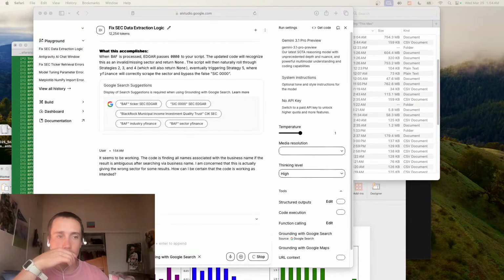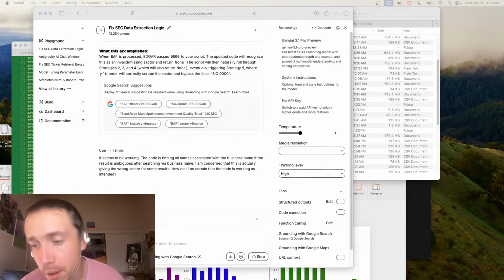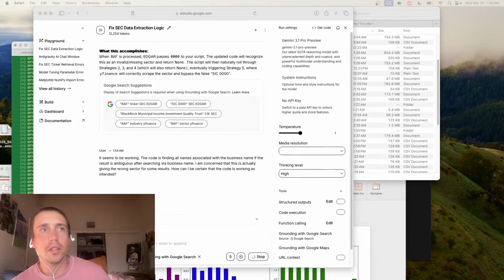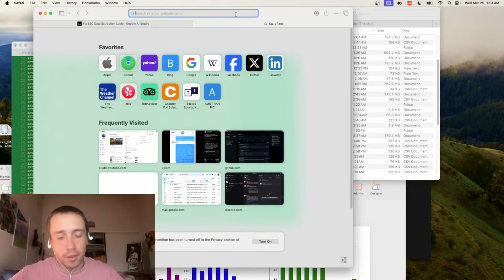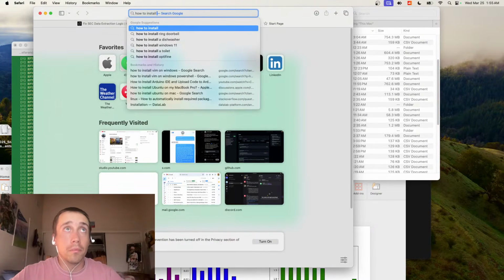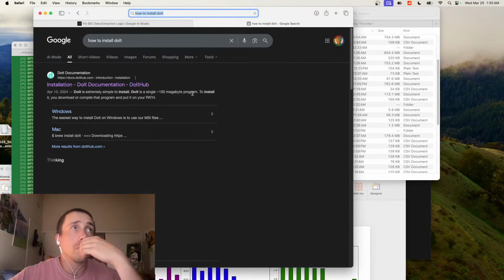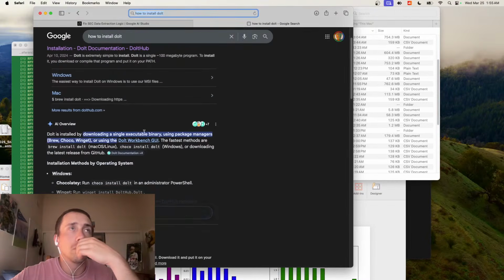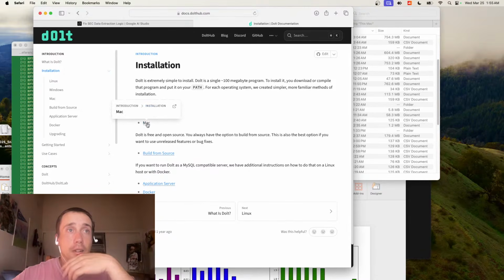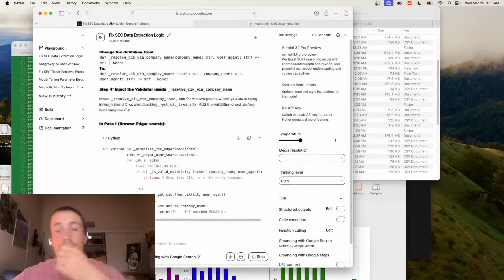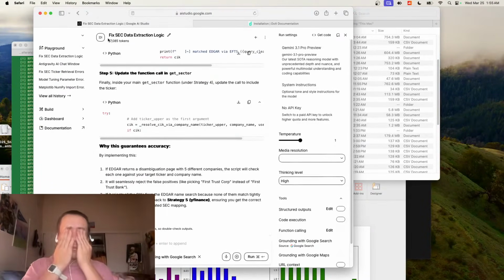Do I need to... yeah, you need to install Dolt. I didn't put how to do that in the repository. But just look up Dolt install. It's pretty easy. You just need to run something from the command line. Go here. They explain it here, so this is actually easy. Just download for Mac. Super easy. Oh man, my eyes are dry.